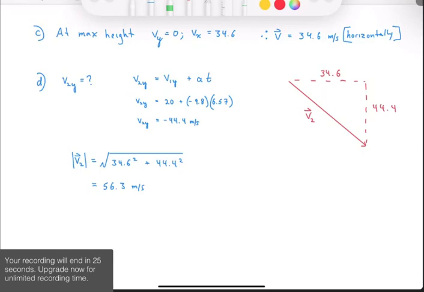Then we can figure out the angle. Hold on. I'll make the angle this one right here. Now I have to be careful I understand what this angle is. So this is going to be below the horizontal. And then I can just figure this out. Tan theta